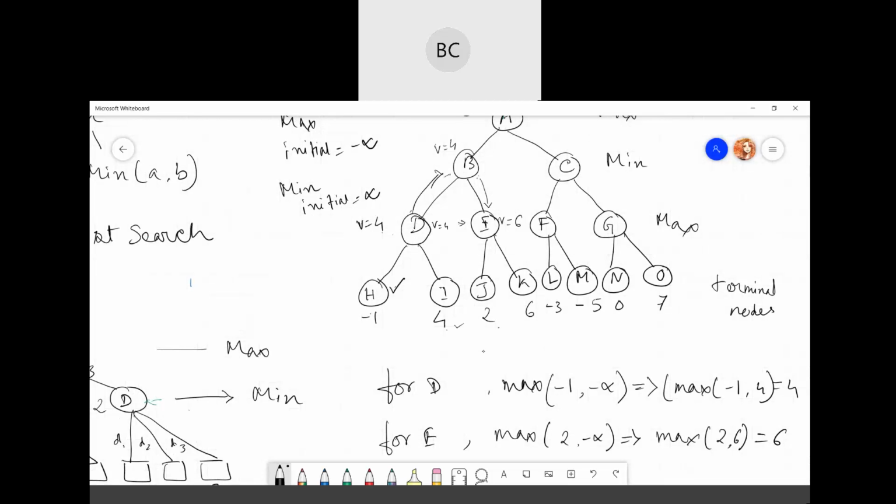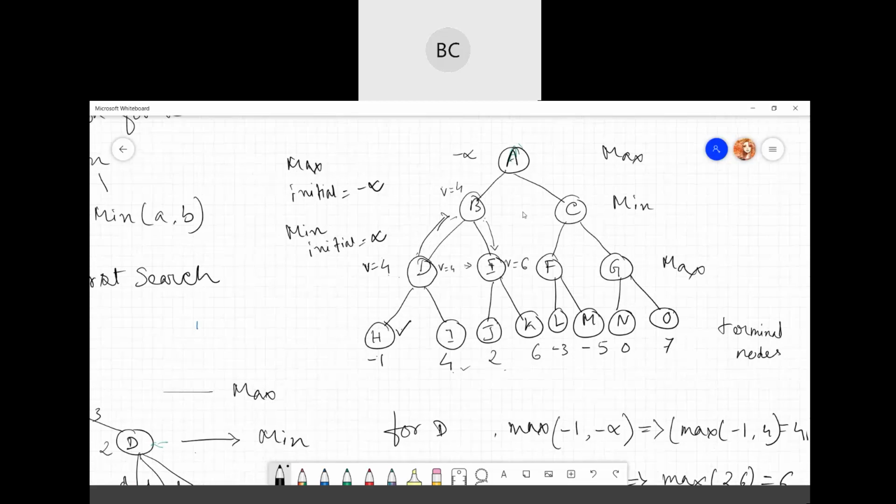Now it's the turn for min, right? So min will obviously select 4. So the value will remain as 4. No need to update because it's the turn for min, and min will select only the lowest value. So between 4 and 6, 4 is the lowest, so it will select 4. Then the normal process is that value 4 will be updated here. Once we are done with this part, we will go to the right subtree.